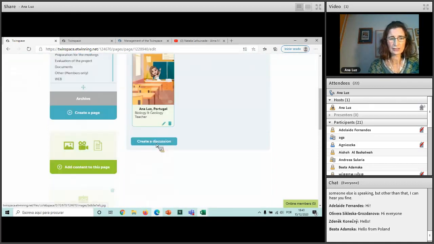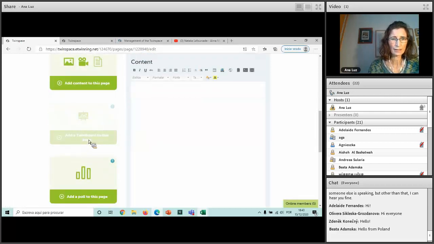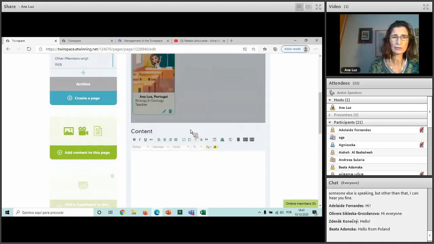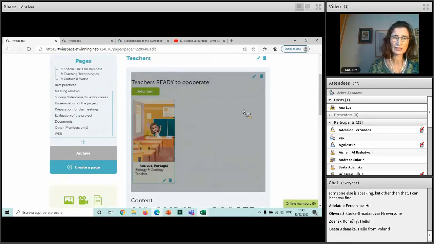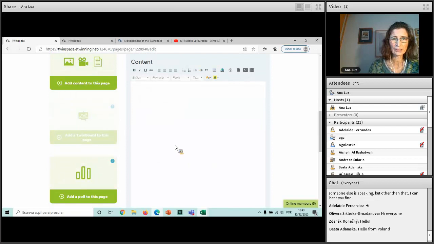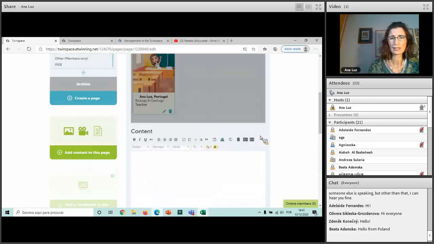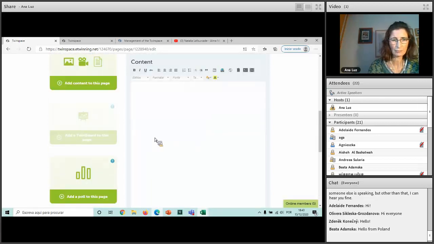And you can see that here you can add different content to this page. Well, here you don't have the possibility to add Twinboard, because the Twinboard is what I already updated here. So this is a Twinboard, and here is a place where everyone can add items, just like Padlet, if you know the app I'm mentioning, where here you have content. For instance, this is a normal page,